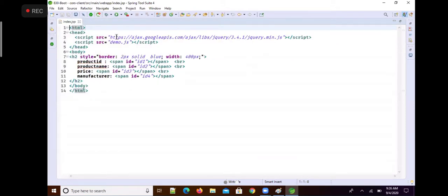This is my JavaScript file I created. My file name is demo.js. It's one external JavaScript file. As you know, you can link that JavaScript file with our HTML or JSP file using script tag. And also I am linking jQuery library. jQuery is a JavaScript library.